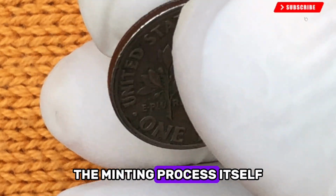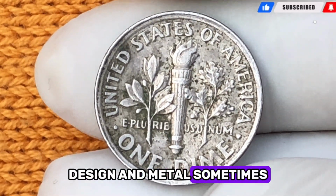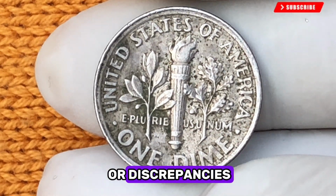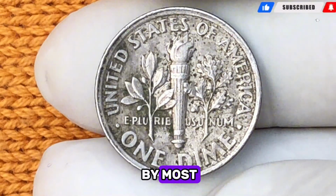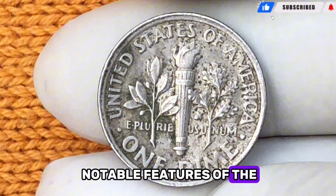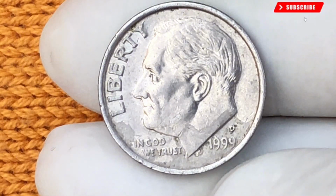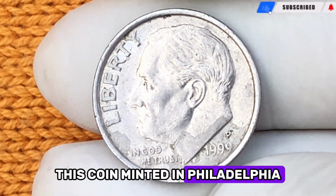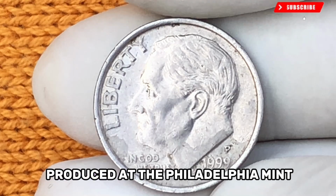The minting process itself, an intricate dance of pressure, design, and metal, sometimes leads to small errors or discrepancies. These imperfections, while unnoticed by most, can make a world of difference to a collector. One of the most notable features of the 1999 Roosevelt dime is the mint mark on its reverse. This coin, minted in Philadelphia, proudly displays the P mint mark, indicating that it was produced at the Philadelphia Mint,